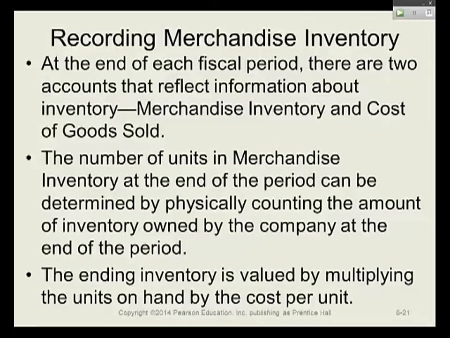COGS is the cost of goods sold. And these have to be equal. So the total number of units and the total cost that become available are allocated to either the ending inventory and the cost of goods sold. And of course here,